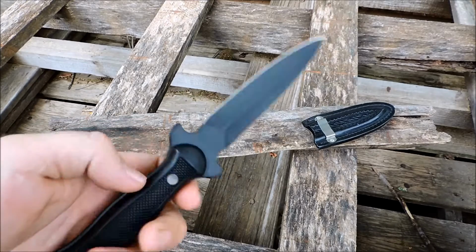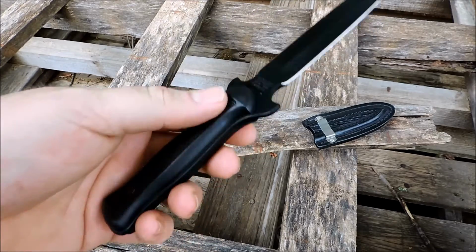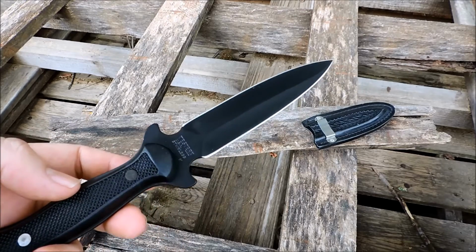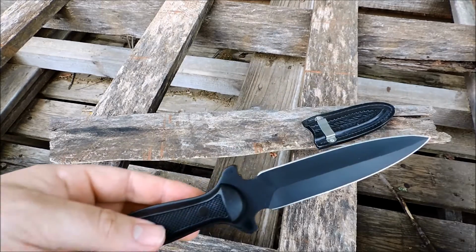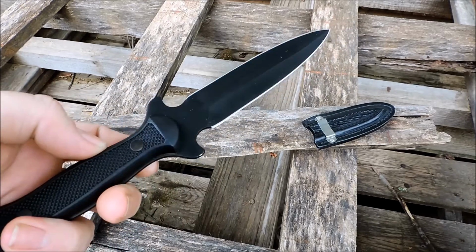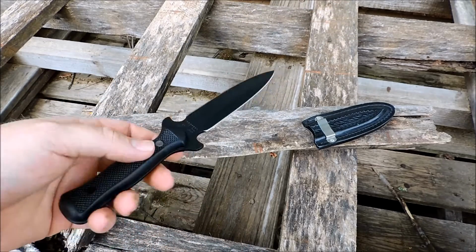This is the one that I really wanted the most. It just looks cool with that blacked out. Typically you see the ones with rosewood handles and then just a satin blade. One thing I did notice about this, and these are very collectible, I got this one at a good price. That's why I picked it up. I just don't want to pull the trigger on one of these at $75–80. But I got this one for right around $50, which is pretty much mint. There's a few little scuffs here and there, but overall